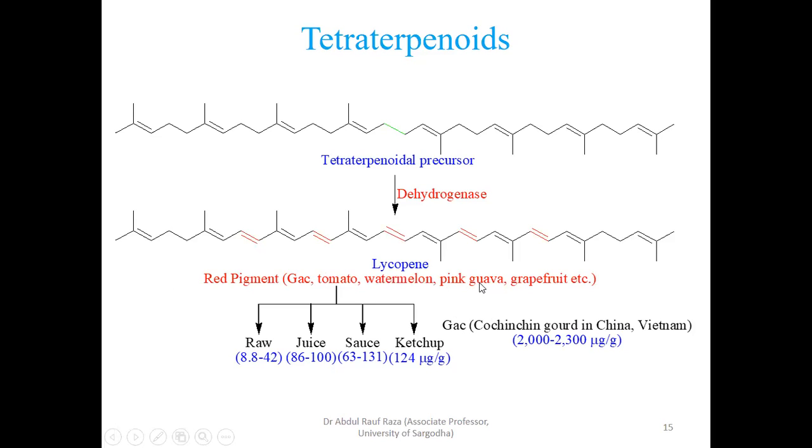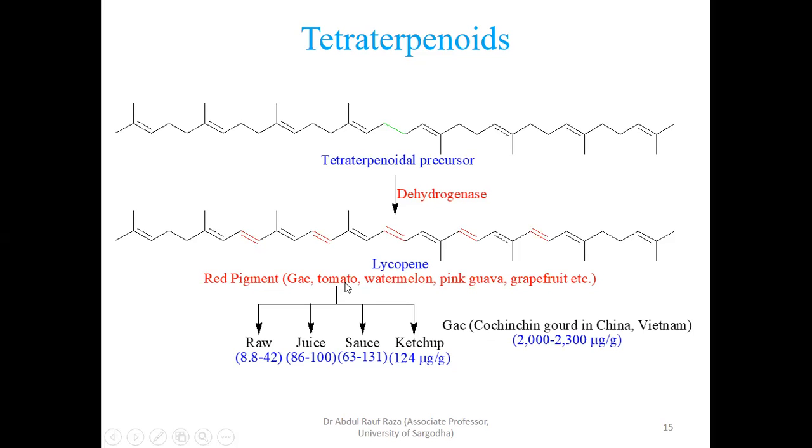That's why it shows a red color, right? Similarly, grapefruit is also light pinkish. If you compare the color of grapefruit and guava, grapefruit is less pinkish than guava. So it means grapefruit contains the least concentration of lycopene and guava contains more than that. Both guava and grapefruit contain less concentration. Watermelon and tomato contain almost equal amounts, but GAC is the fruit in the world which contains the highest concentration of lycopene. Now, similarly, tomato in different forms has a different ratio of lycopene present.